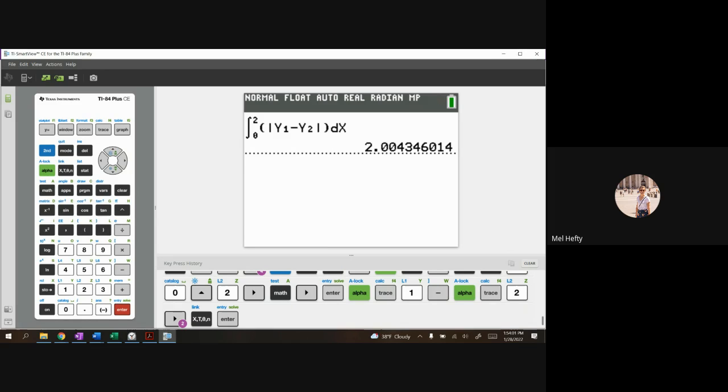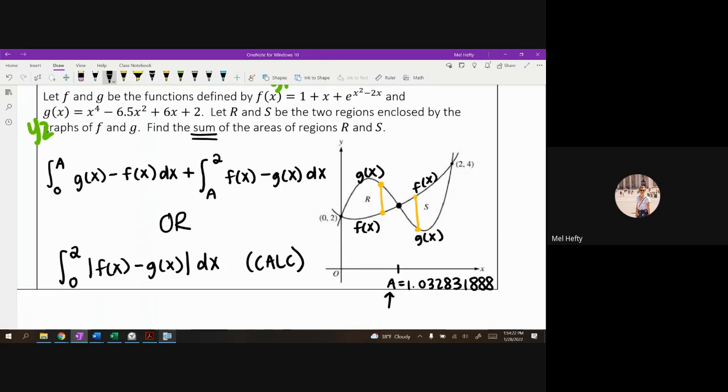It does take a little bit of time for that to integrate because we're asking it to do a lot. Two pretty confusing functions, absolute value bars, and some calculus. So be patient with it. What's the answer I'm going to write down? Good. 3 decimal places. So we're ending with that 4 here. It doesn't matter whether we truncate or round, but you can do either with one that it matters. So I get